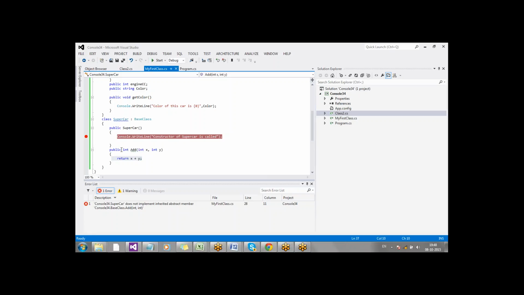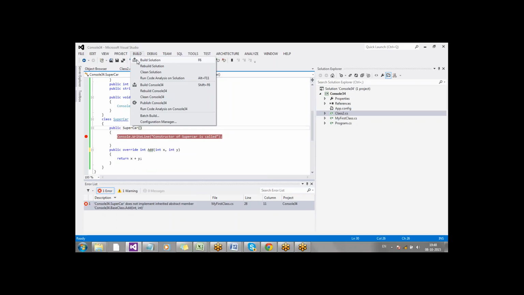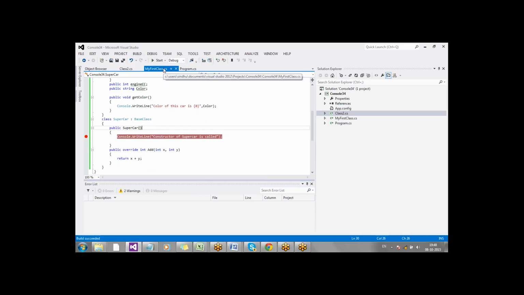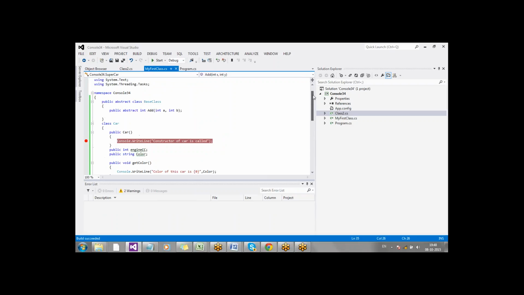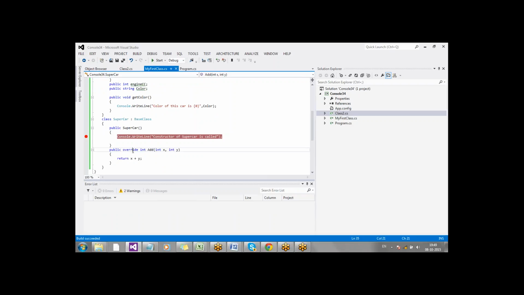When you are rewriting the implementation or providing the implementation, you should use the keyword called override, right? Signature is matching. It is returning int type and it is accepting int types. But you did not use the override keyword earlier. When you are providing the implementation of a base class method or rewriting the base class method in your child class, you should define it as override. Got it? Understood or not? Do you have any questions?